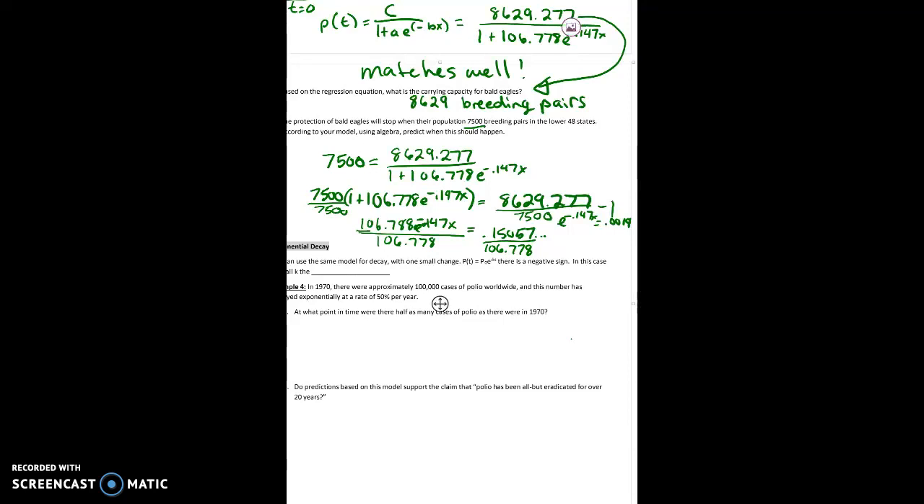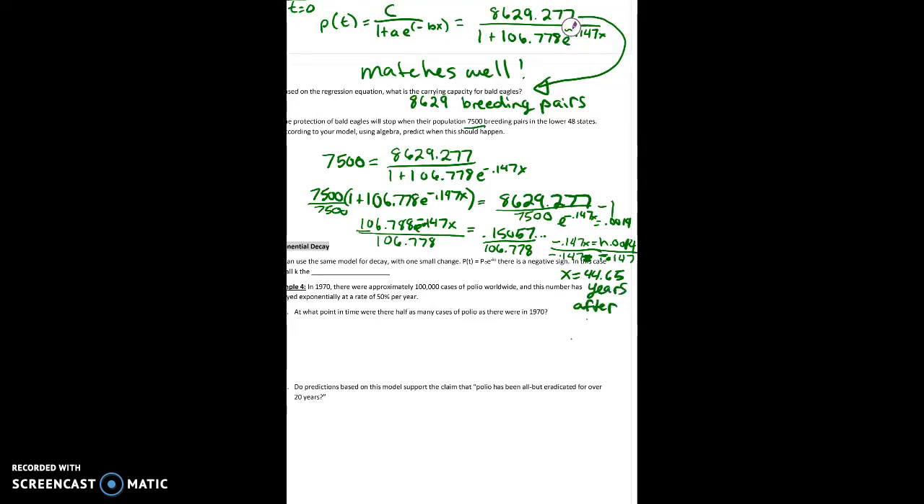And now we're going to take the natural log of both sides. So negative 0.147x equals the natural log of 0.0014. And divide by negative 0.147. And finally, we get x equals 44.65. And that's 44.65 years after